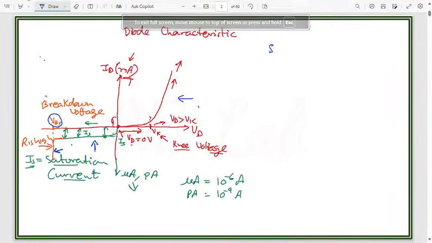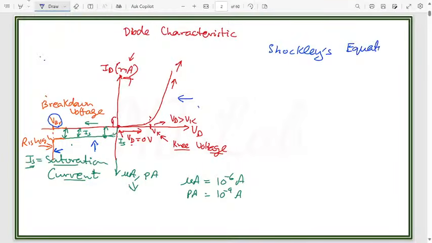Shockley equation. Right. Now what is the Shockley equation? The Shockley equation is defined as ID equals IS, bracket, e raised to the power VD upon eta VT,